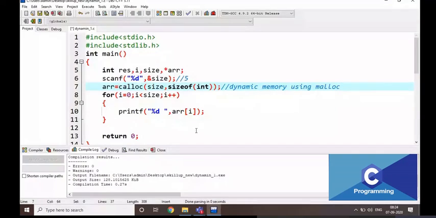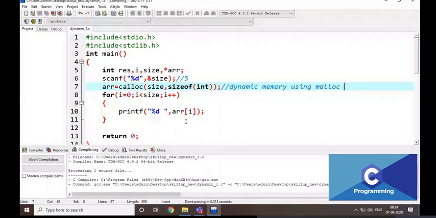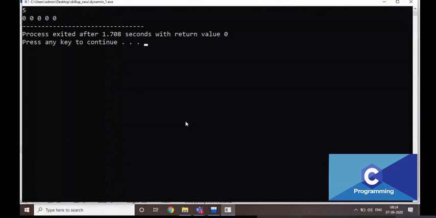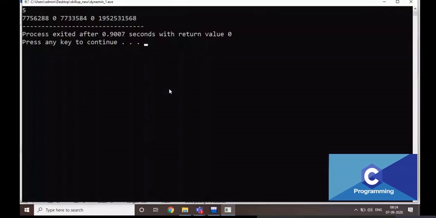Here it is going to be 5. I am going to give 5, and here look at here. What are the values here? I am not reading anything. I am going to print the values. All 5 values are going to be 0 here. Okay. And for example, I am going to turn it to malloc here. If it is in malloc, the default values are garbage values. Just look at here. The default values are garbage values.